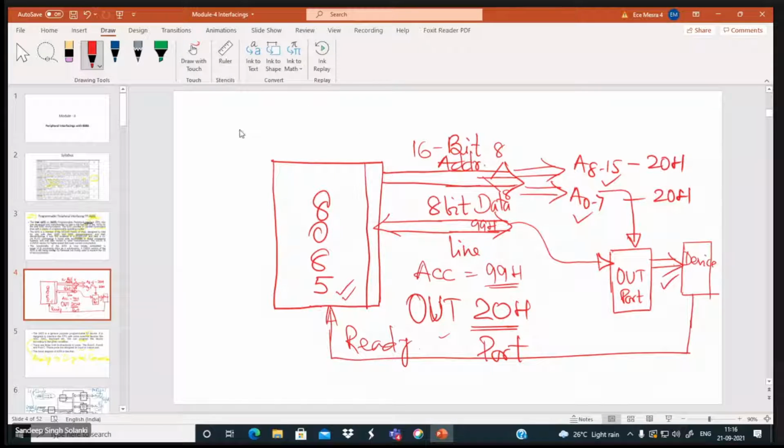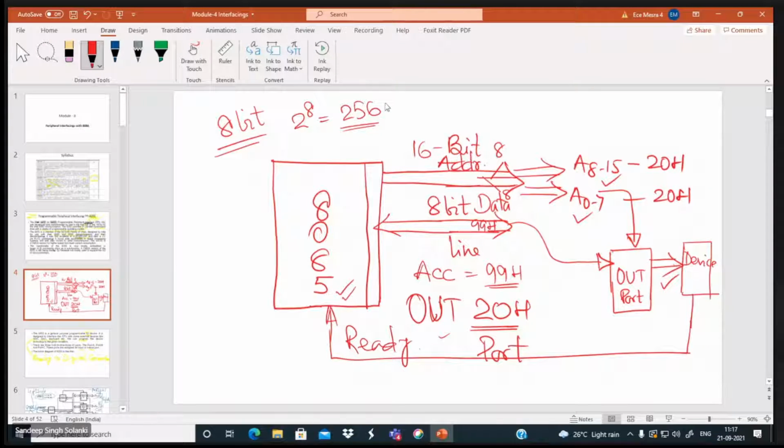Now what I am saying, with 8-bit, how many output ports you can connect? With 8-bit address, sir. Yes, 8-bit address.